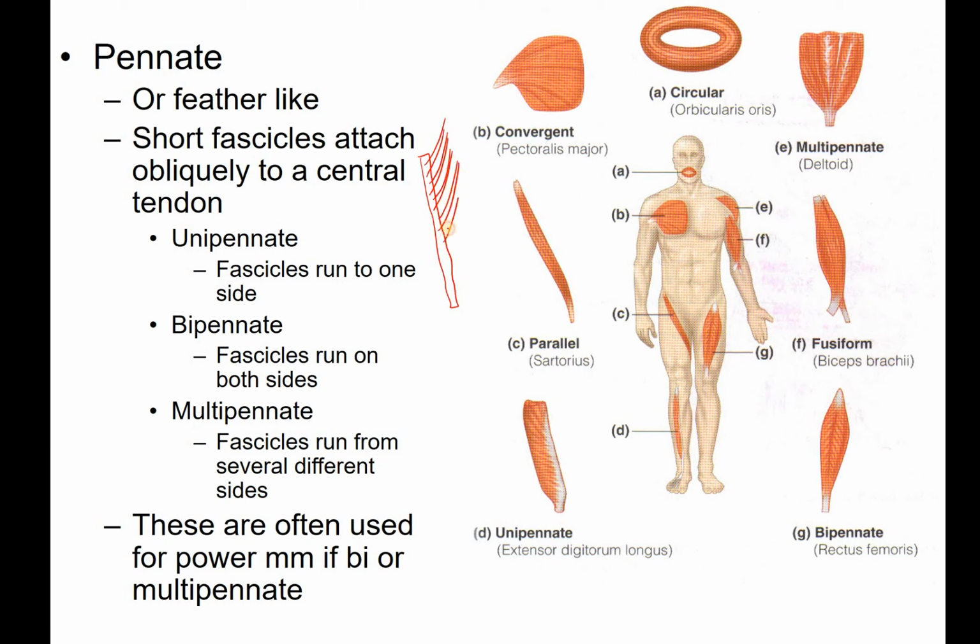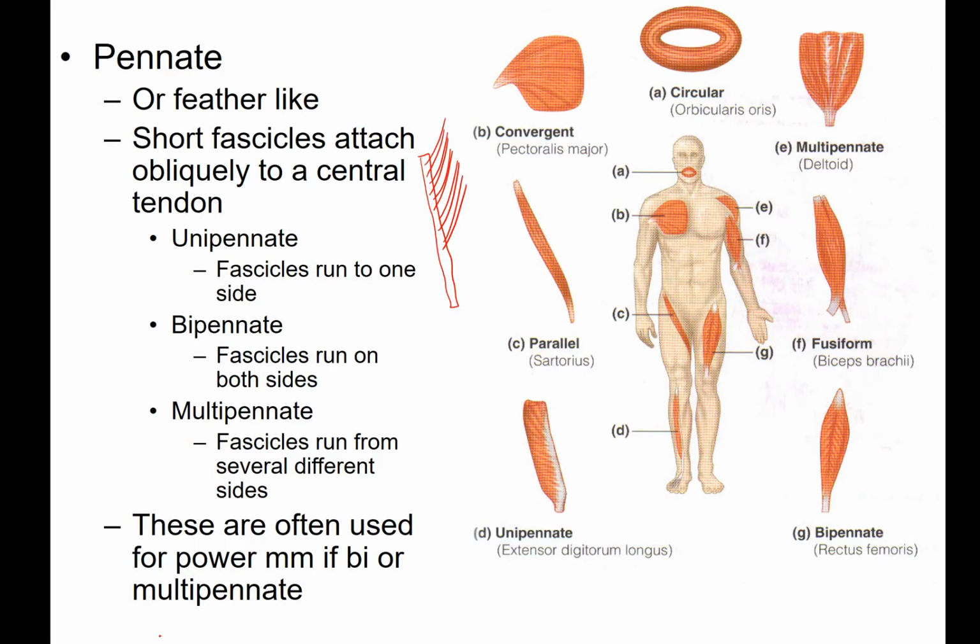If you hold a bird feather, you can see on one side, and I'll change the contrast here just to make it a little bit easier if I can. And I guess I can't, so we'll just do it this way. Okay, so there's your pinnate, so feather-like. Anyway, we have unipinnate, so the fascicles run to one side, like this. Bipinnate, fascicles run to both sides, like that. Rectus femoris is an example of that. And then multipinnate, fascicles